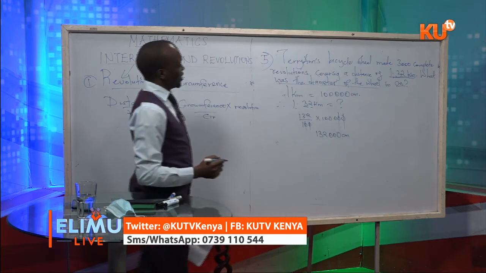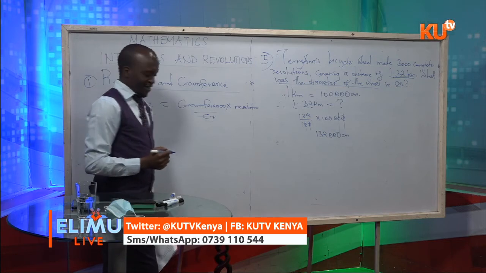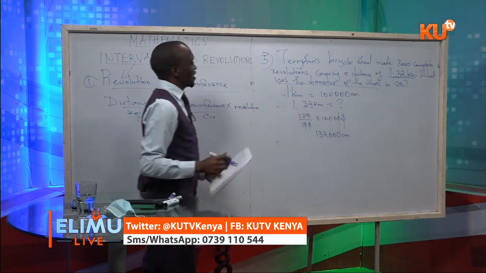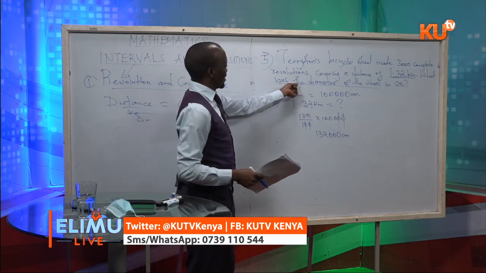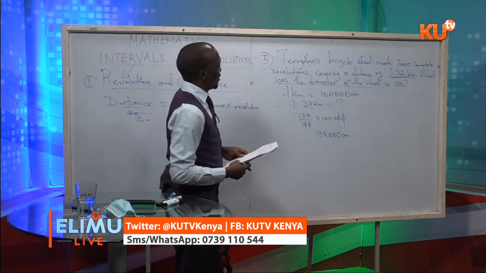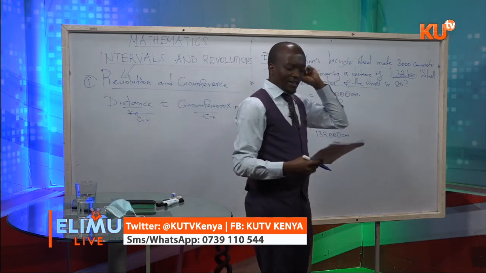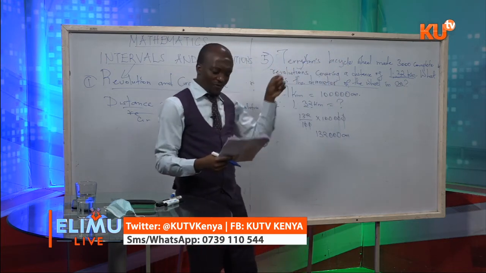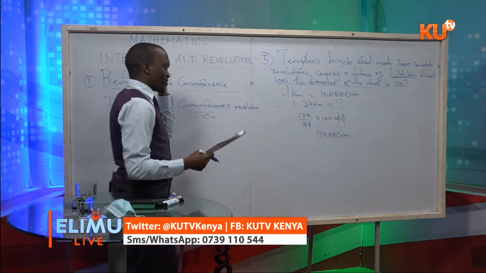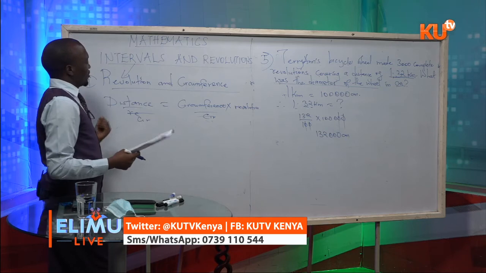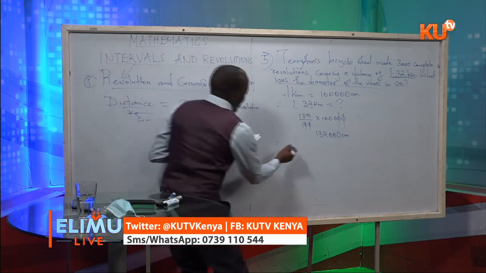When children think of diameter, they are already saying, okay, let me move to the next one. This sum is very easy, learners. What was the diameter? To get the diameter, you should have at the back of your mind that the diameter is related to the circumference. And how do we find circumference when dealing with revolutions? We put the formula that